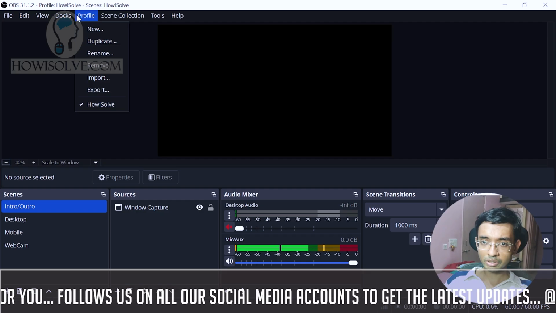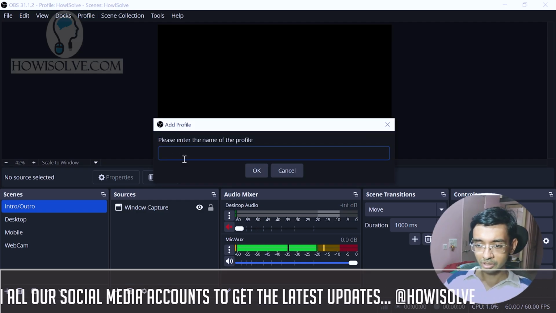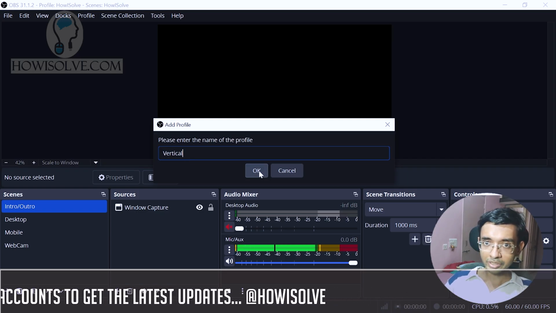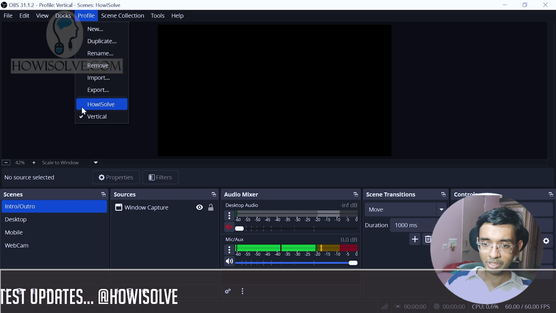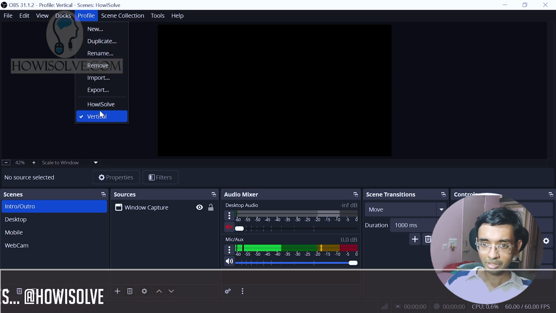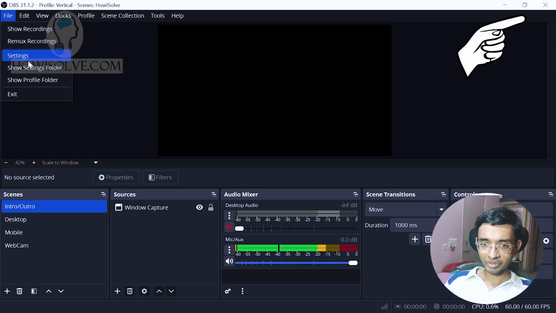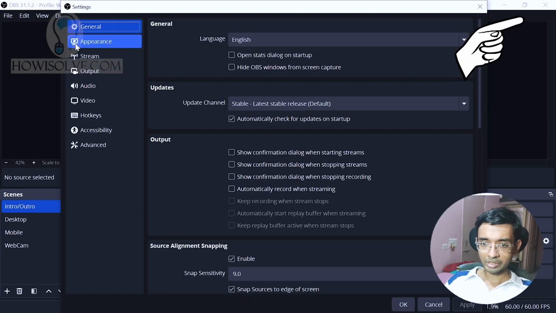So simply click on the profile over here and click on duplicate, and then name it anything which you can remember. I'll name it vertical and then hit OK. What this will do is create duplicate settings for the profile. This preset basically saves your program settings, and we are creating this profile because we need to change one setting in this. So we'll head to that setting over here, click on settings, and in this you have to go